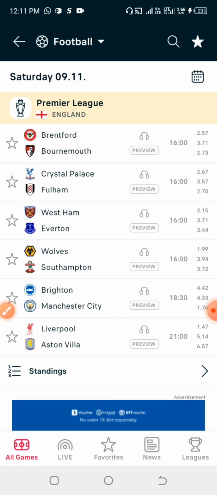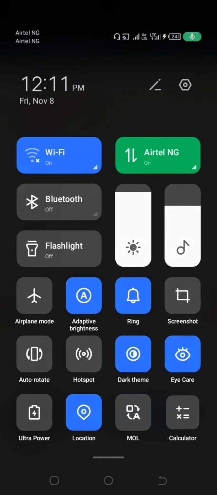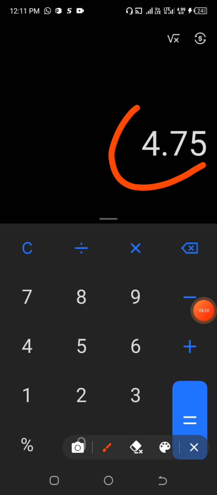Now, this 57 is a concern for me, because if we divide it by 6, we get 9.5, and dividing 9.5 by 2, we get 4.7. It is very close to 5. But for this particular game, I would advise you guys to avoid it, because it can surely end up in 6 corners, 7 corners, 8 corners. The most important thing is don't go for it, because it will just shock you,